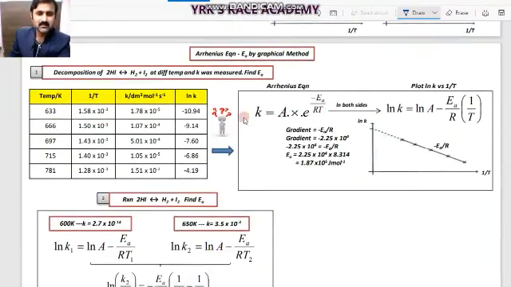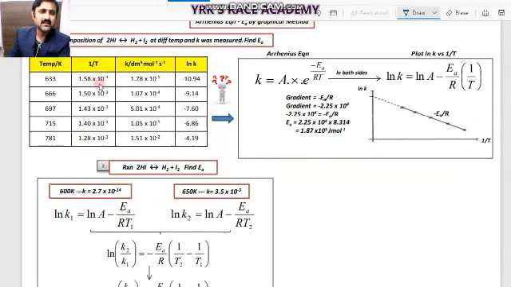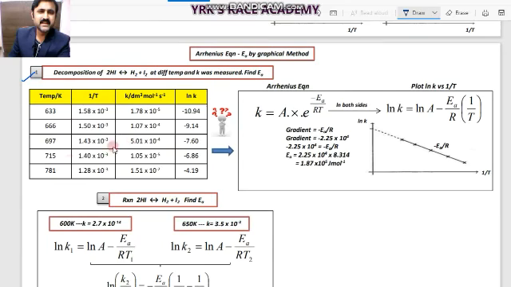You can have one simple observation, data information. For the hydrogen iodide decomposition reaction, you can observe the different temperatures. At these temperatures, the 1 by T values, k values and ln k values are taken. With these values we drew the graph, and this is the graphical representation. Activation energy can be easily calculated using this data information. That means if a problem is given to us, we can find activation energy from the Arrhenius equation at a given temperature.